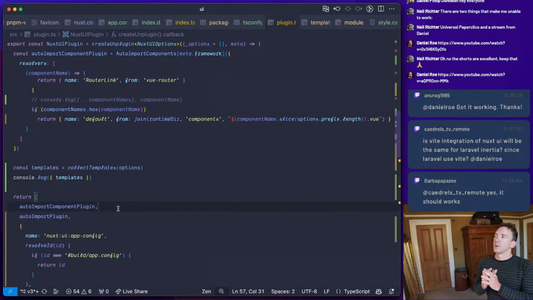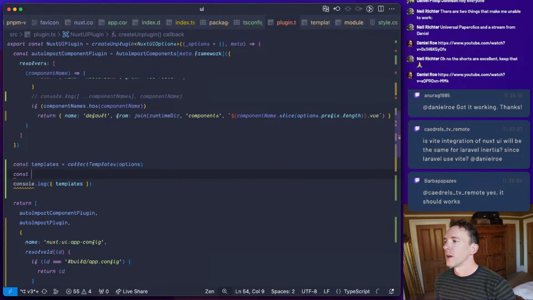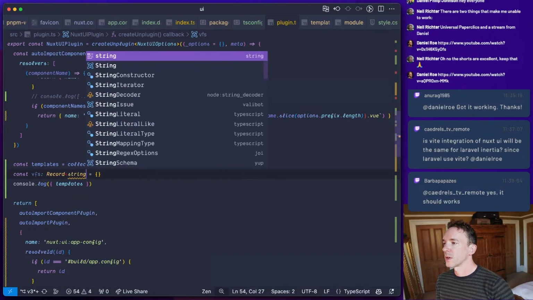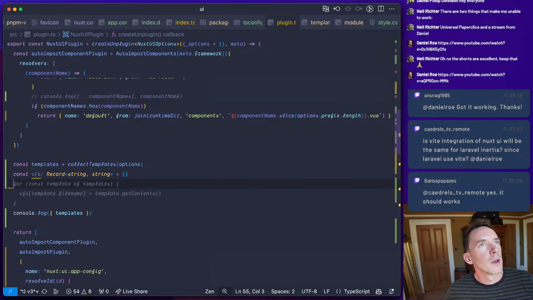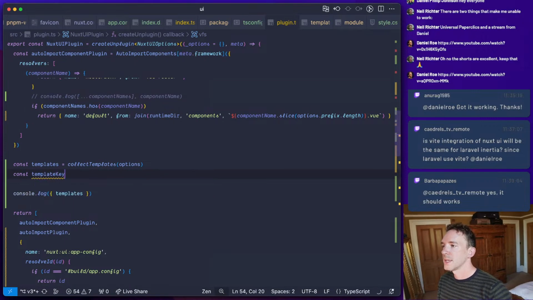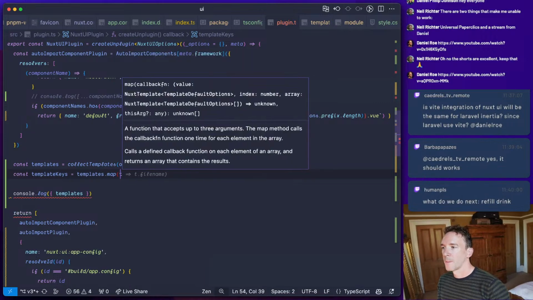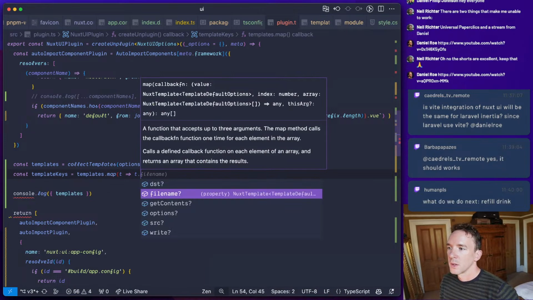And now what we need to do is handle some VFS stuff. So our templates, and we're going to do this once. So const VFS is an empty object. It's going to be a record string. Let's just say const template keys is templates map t to t dot file name.